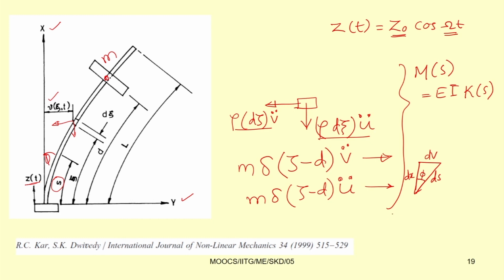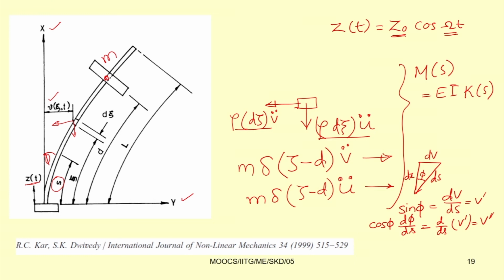One can easily write sin phi equal to dv by ds, or v dash. So, we can differentiate this and write cos phi into d phi by ds equal to d by ds of v dash, that is nothing but v double dash. So, we got cos phi into d phi by ds equal to v double dash, or phi dash equal to,